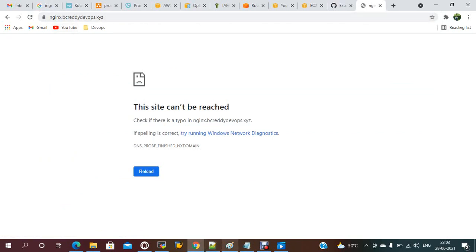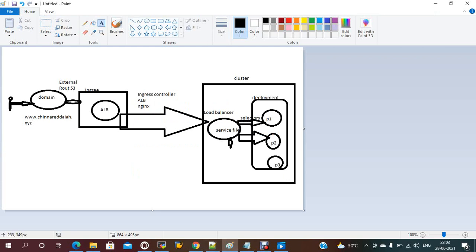To conclude everything: first, in use case one, with the domain name we can directly access the service through a load balancer, that is the classic load balancer. Now the second use case is using ingress, the Kubernetes API object. Using the ALB ingress controller, it is matched with the service. This ingress will have all the service information. To communicate between the ingress and your service files, we need to create an ingress controller, the ALB ingress controller.